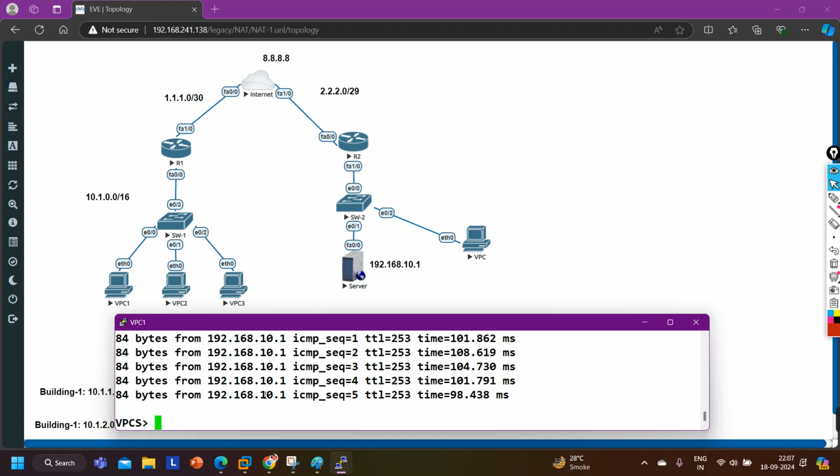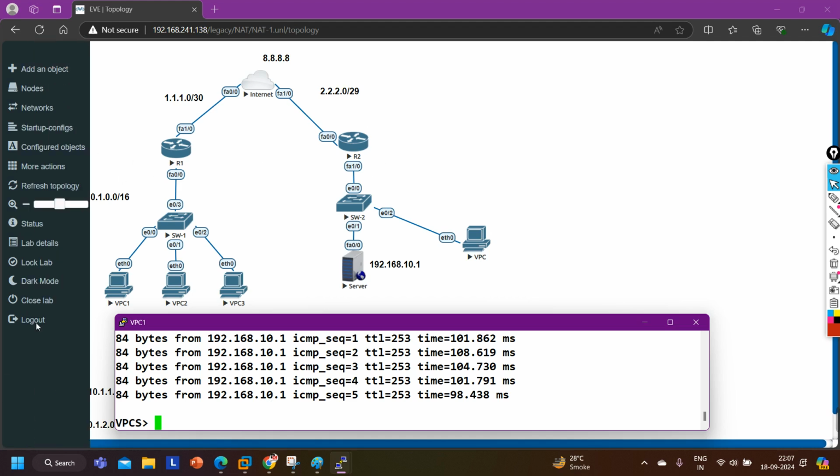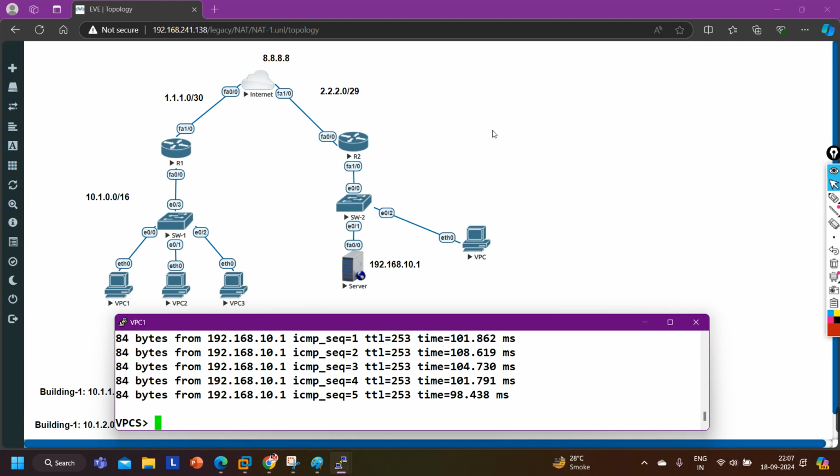Next class we'll see Dynamic Multipoint Virtual Private Network, DMVPN. What if we have more than two sites? If we have two sites, guys, then we can configure the GRE and it will work fine. Now to secure the GRE, as I told you, we have IPsec, so we can configure IPsec to secure the tunnel. Like in the capture, you are able to see all data on the link, but after IPsec, you will see your data is encrypted. It will encrypt the data before forwarding from the tunnel interface.